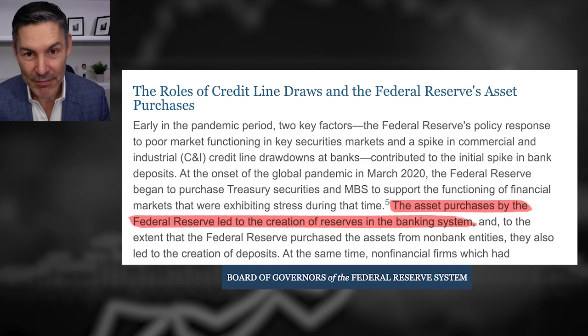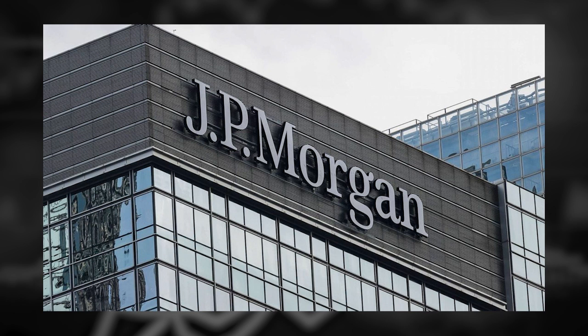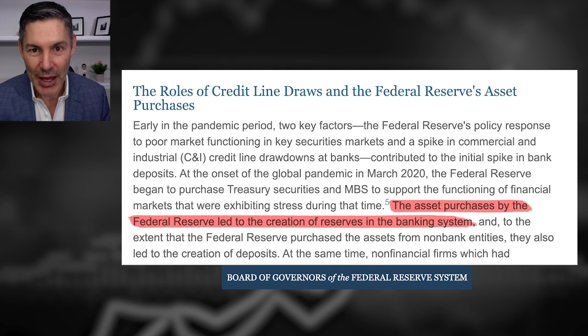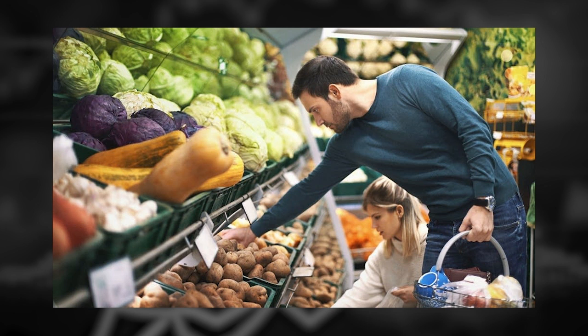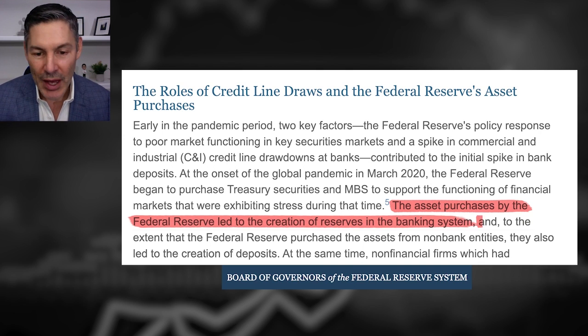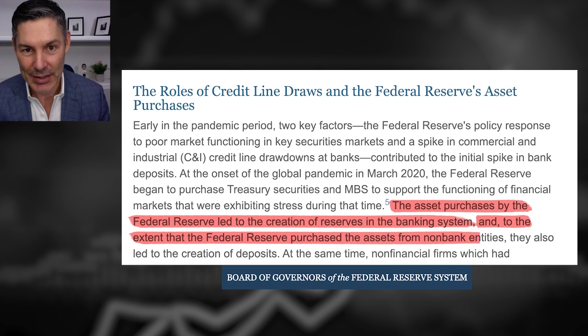Okay, but this is just a bank reserve on the balance sheet of Goldman Sachs, JP Morgan, etc. That doesn't mean that it's an increase in M2 money supply. In other words, it doesn't increase the amount of currency units that are circulating, chasing goods and services, which could lead to consumer price inflation. Let's keep going. And to the extent the Federal Reserve purchased the assets from non-bank entities,